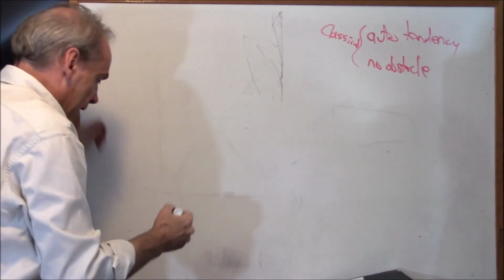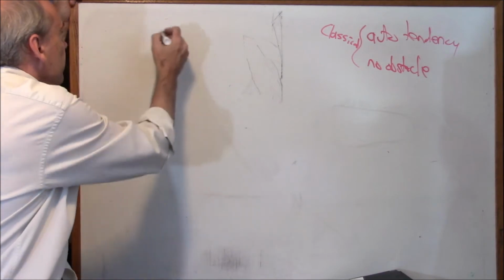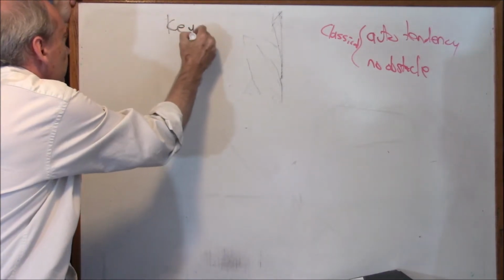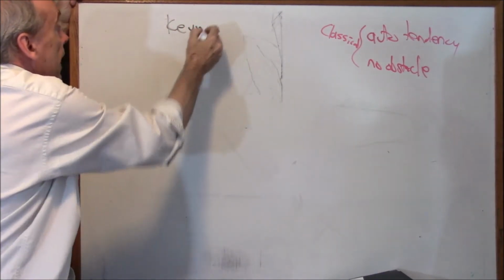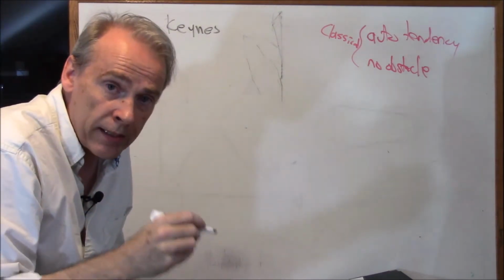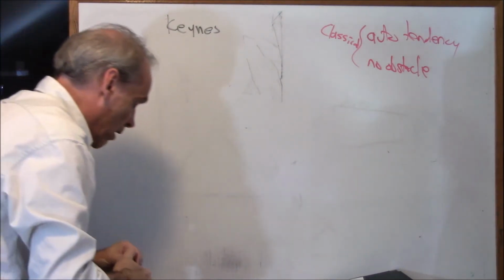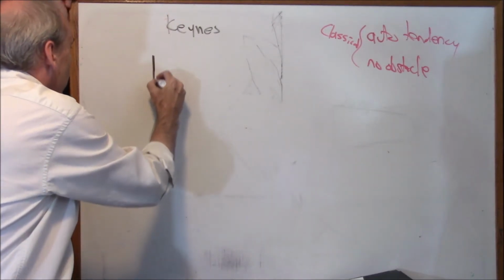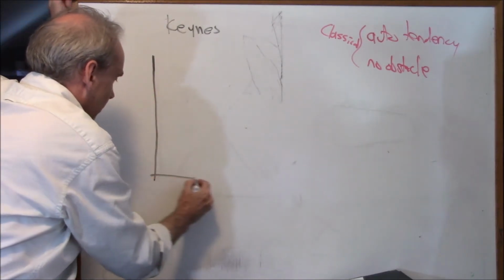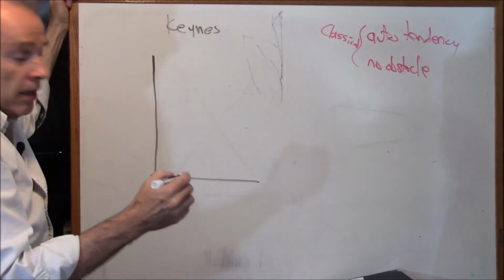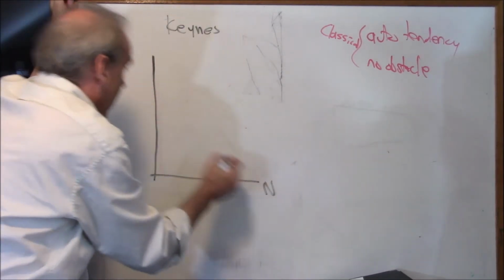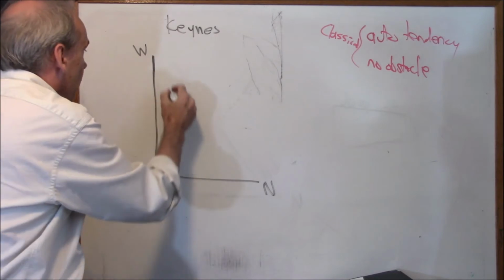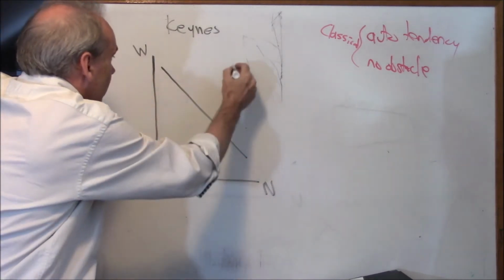So here's going to be Keynes. And the post-Keynesian school of thought is based on what Keynes said. And I'll explain why they call themselves post-Keynesian here in just a little bit. All right, so here's what Keynes said instead. Or he didn't come right out and say this. To be honest with you, this is derivative of other work that his followers said. But this is the basic idea: